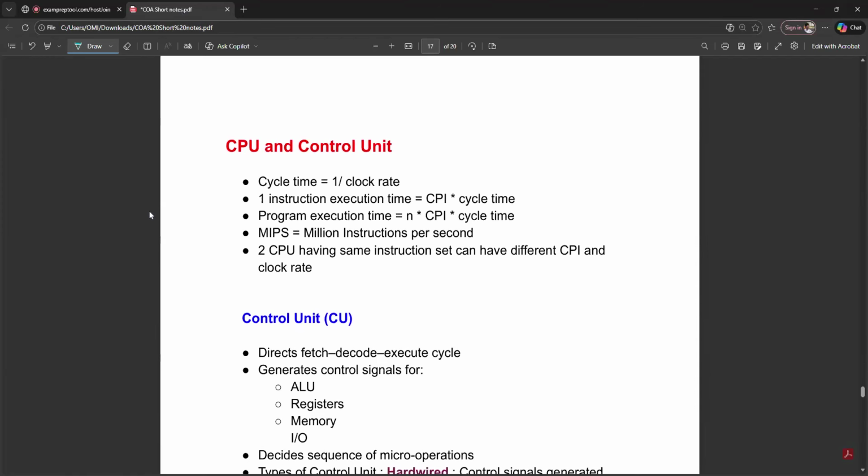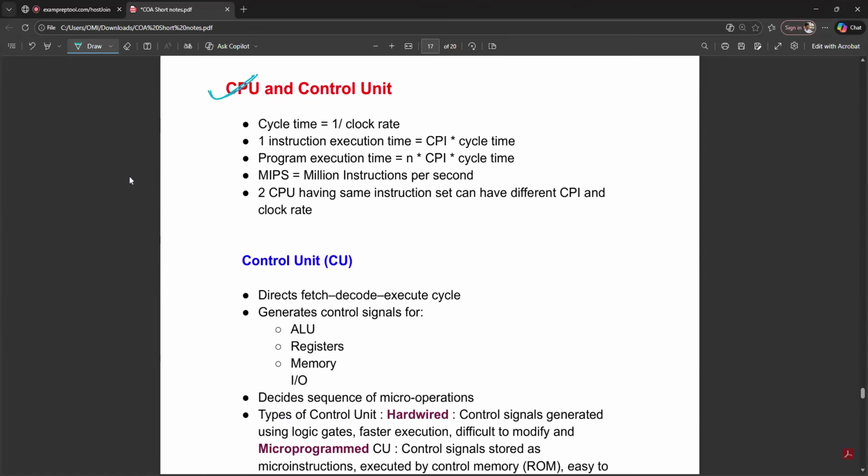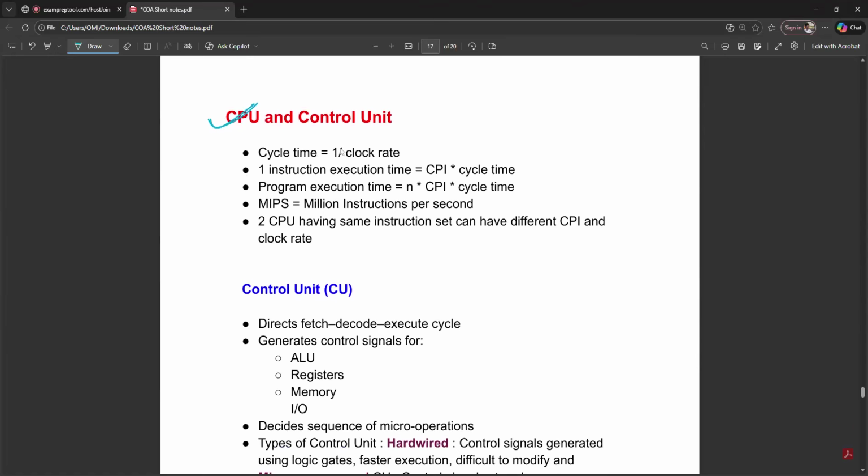Okay, so next topic is CPU and control unit. So one cycle time is equal to 1 divided by clock rate, right? 1 divided by clock rate. This is the standard formula. Then one instruction execution time equals CPI into cycle time. This I have told above also,